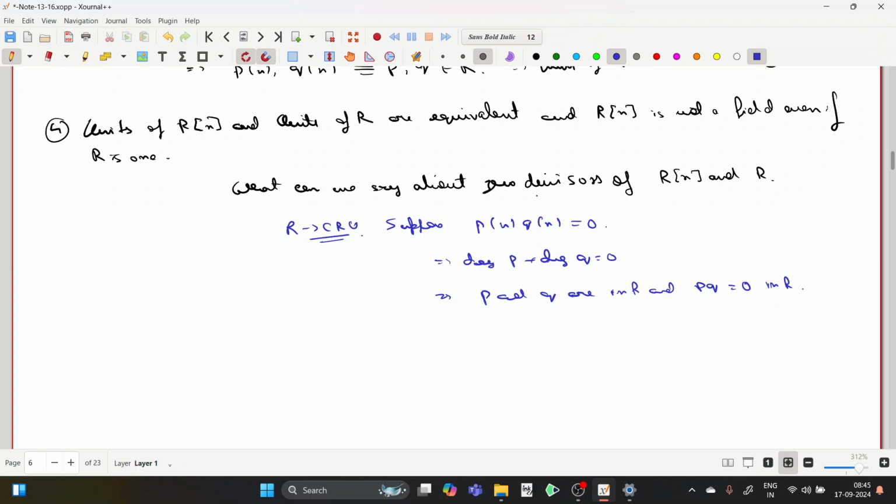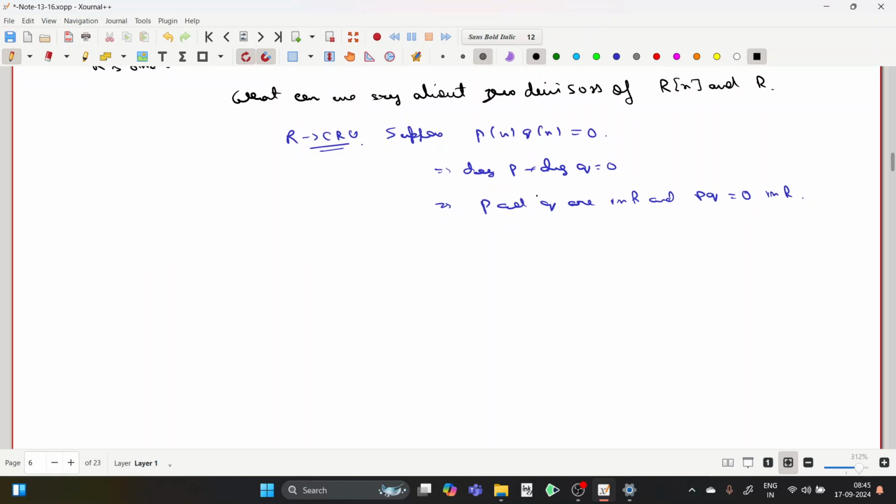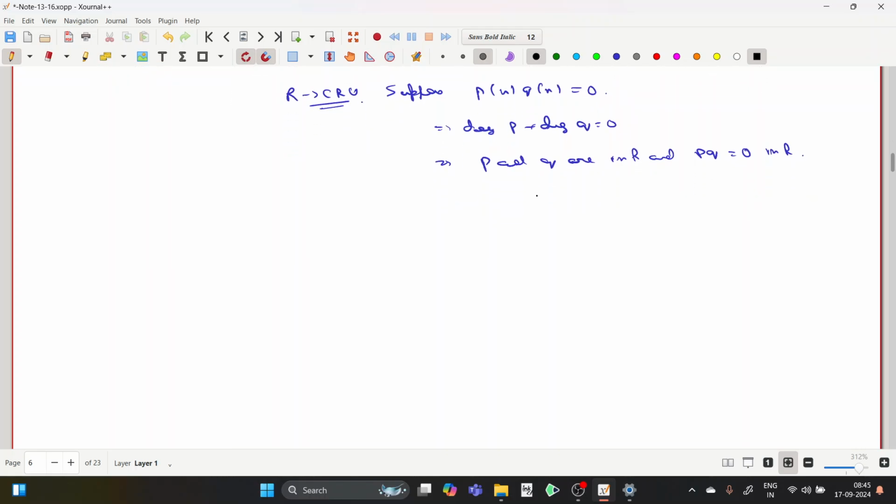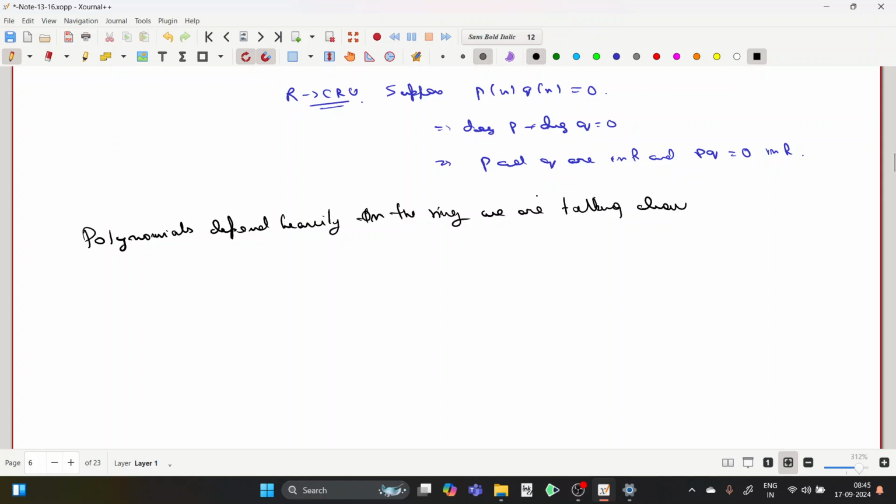Okay. One more thing to observe is that when we are talking about a polynomial, it's quite important to observe with reference to which ring we are talking about that polynomial. Polynomials depend heavily on the ring we are talking about. What I actually mean is that suppose I choose this polynomial x squared plus 1